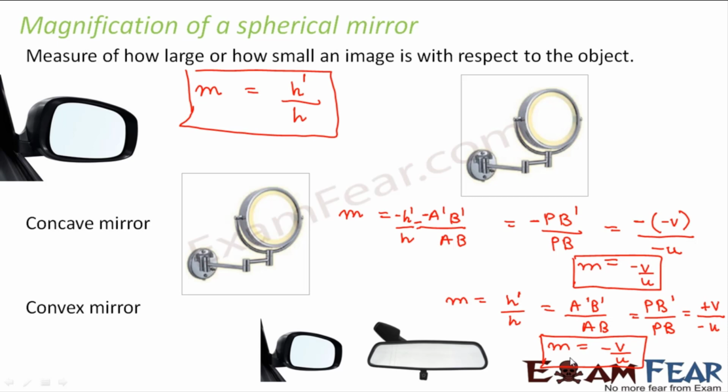So this was all about our discussion on spherical mirrors. What all did we study? We saw the different types of spherical mirrors. How do they form images? How do the location or the nature of the image change with the object distance or with the focal length? We talked about the mirror equation, and we also talked about the magnification of the spherical mirrors. All this, let us try to solve some problems.